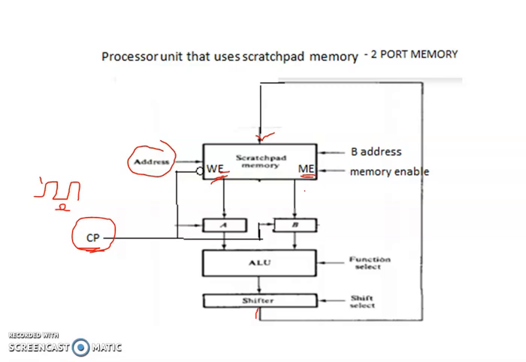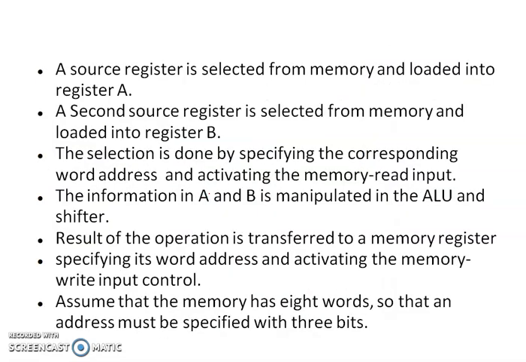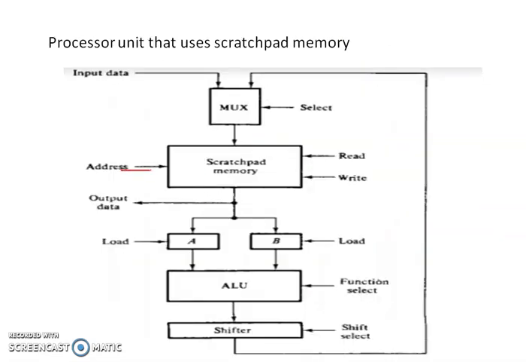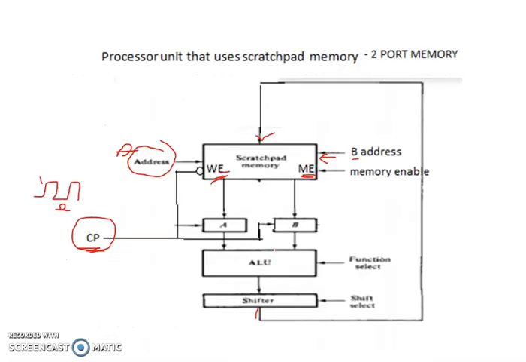Here we have two addresses, A address and B address. In the previous case, what happened? On the same bus line, only one address was given, and at a time only one register, either A or B, would be fetching the data. But in this case, it gives two addresses, A address and B address, which will be placed on the bus that is connected to A, and